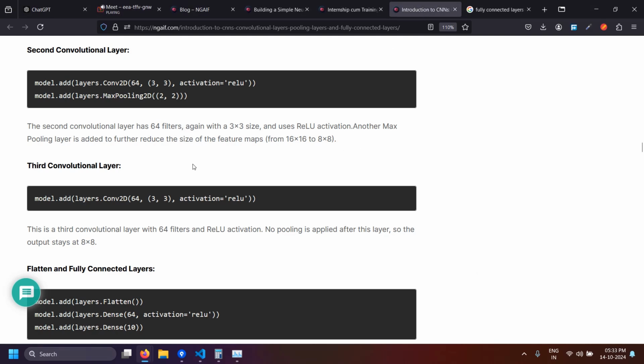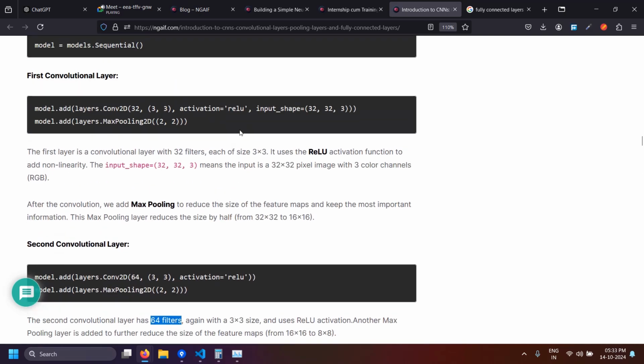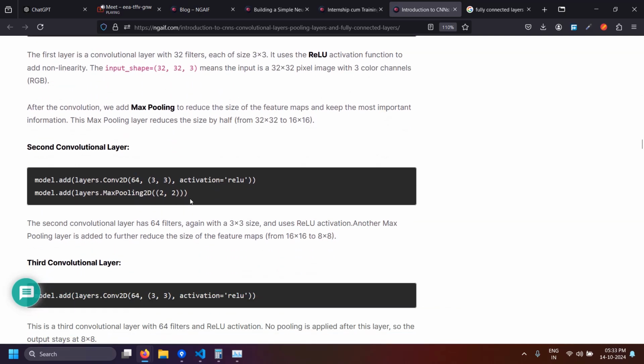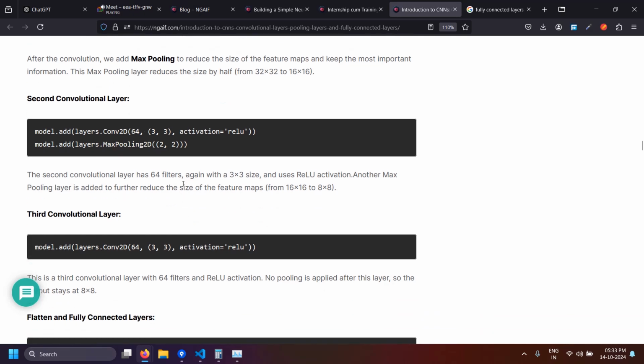Okay, so let's look at the second one. How to read this. Second layer has 64 filters. Earlier we were having 32 filters, now we are increasing the filters. We have now 64 filters, again with 3 by 3 size, and uses ReLU activation. Another max pooling layer is added to further reduce the size of the feature map